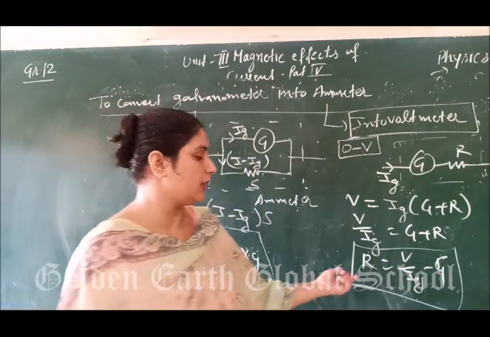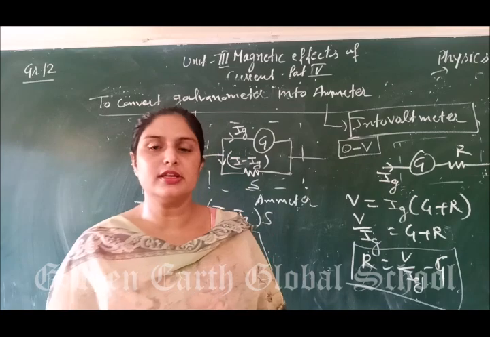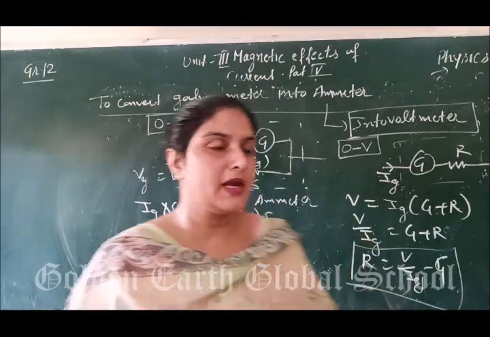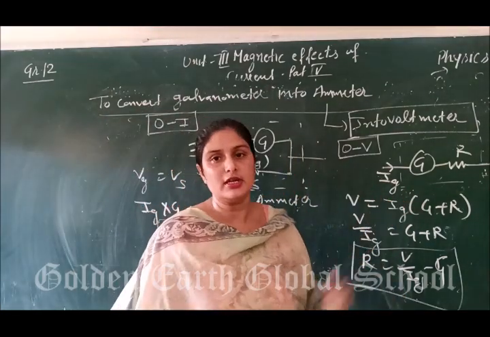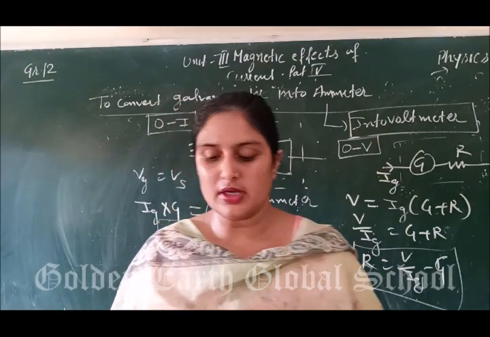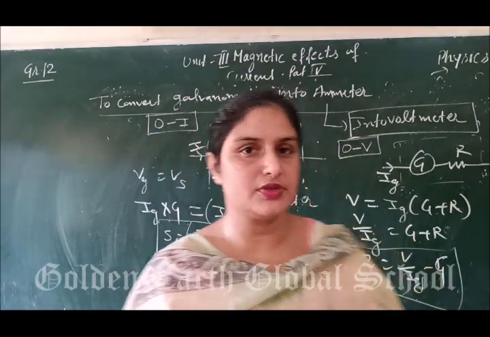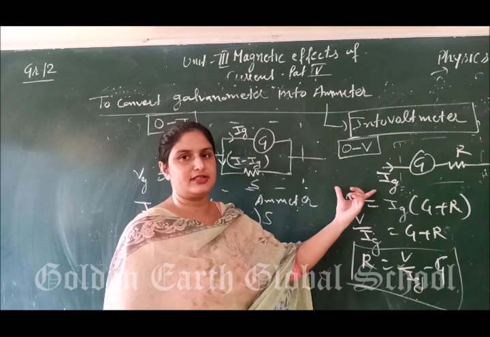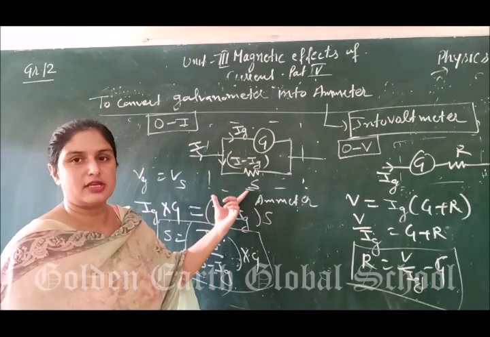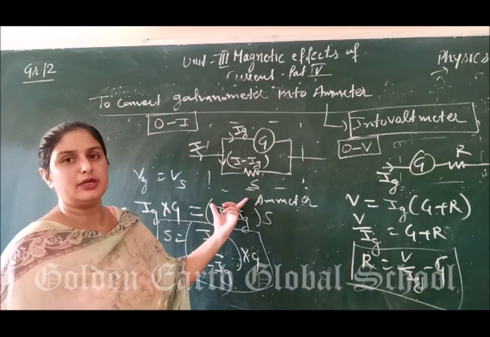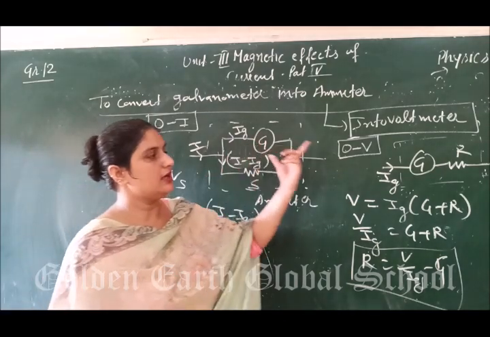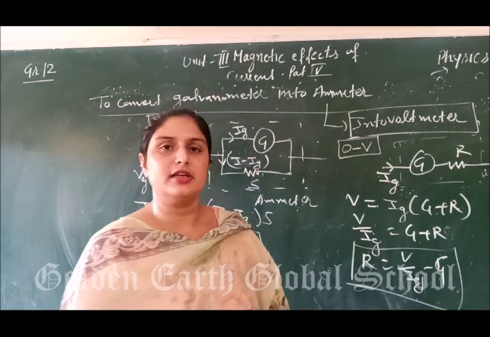In this way, we can find the value of the capital R, meaning the external resistance that is required to connect in series with the galvanometer, such that this arrangement will work as a voltmeter. So voltmeter is the high resistance device and the ammeter is the low resistance device. Ideal ammeter has zero resistance and the ideal voltmeter has infinite resistance.